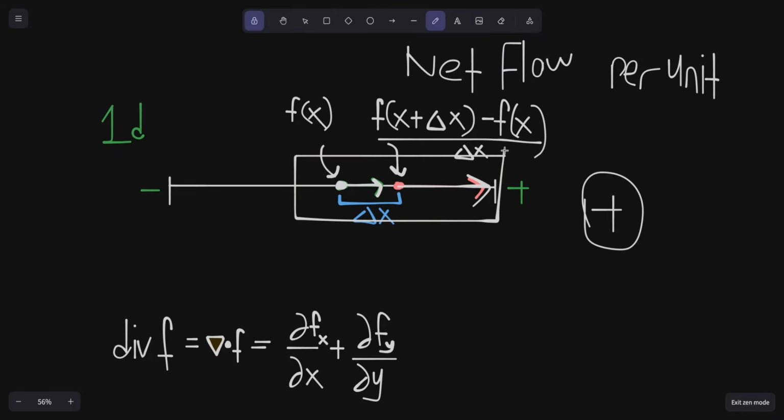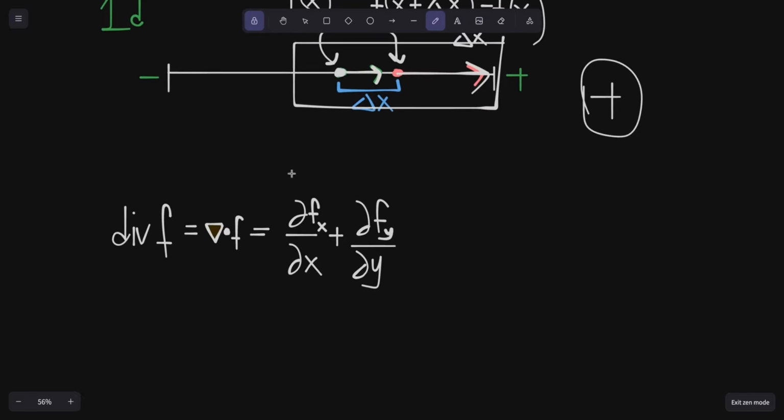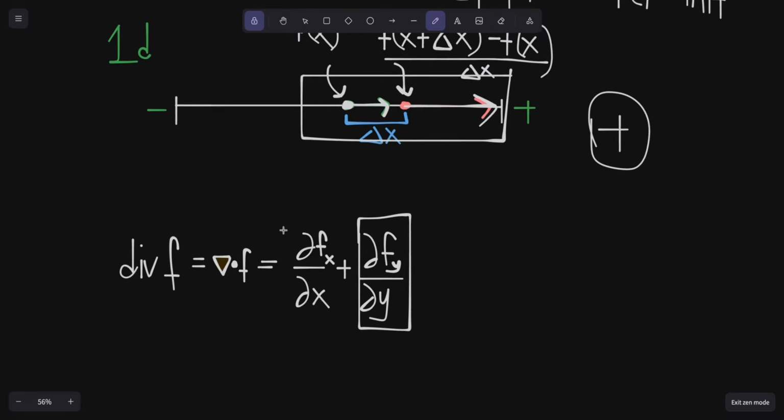It's because you can imagine there's a box around the point, and you're examining points around it and seeing how the net flow per unit varies if I take a tiny step in the x direction. And for 2 dimensions, it's the same idea, right? You would just take the divergence in the x direction and the divergence in the y direction. You can break it down into 2 parts, because recall that for a vector field,